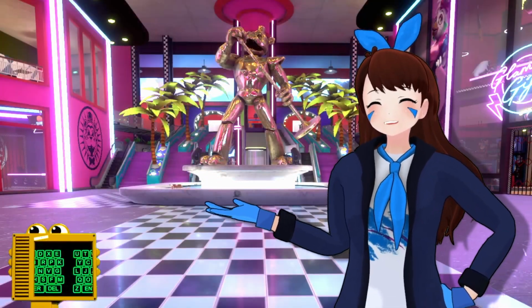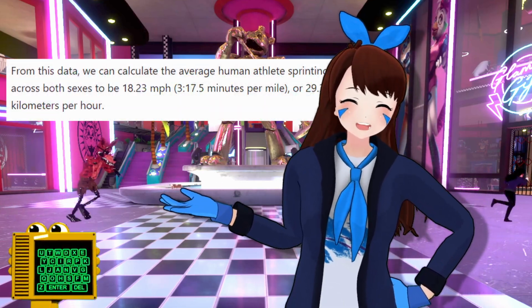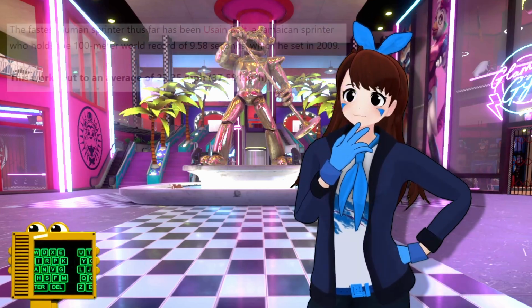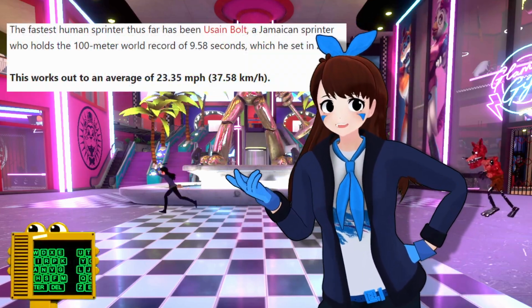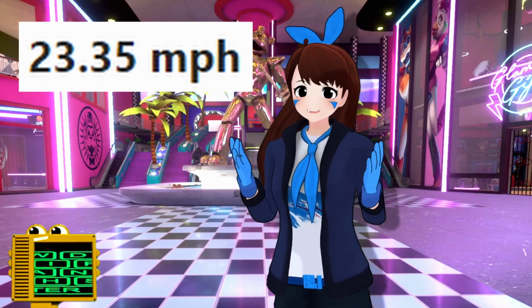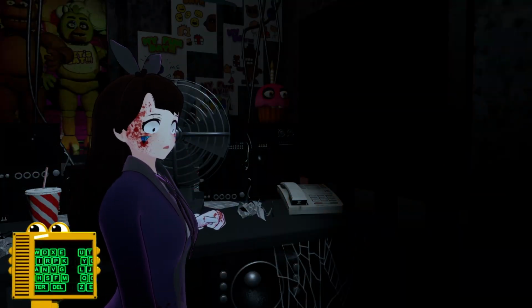According to the Marathon Handbook website, the average human athlete sprinting speed across both sexes is 18.23 miles per hour. And the fastest a human has ever ran that's been recorded is Usain Bolt's sprint, where during the 100-meter world record he ran an average of 23.35 miles per hour, which as you can see, is still less than Foxy's